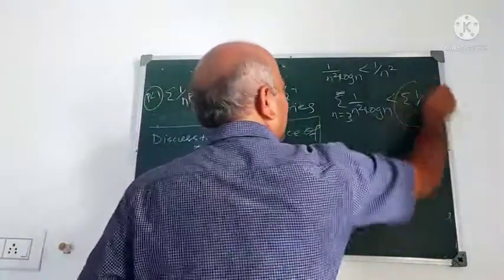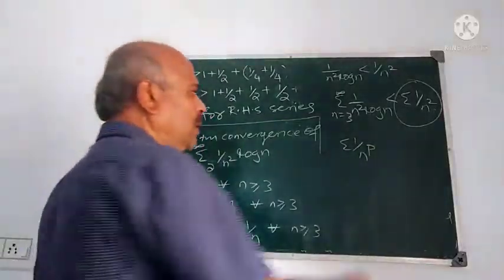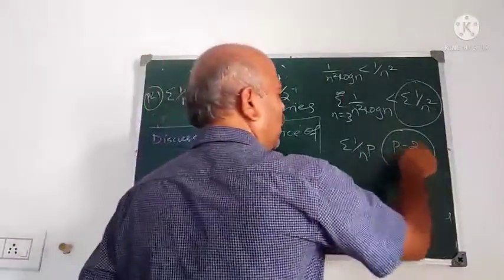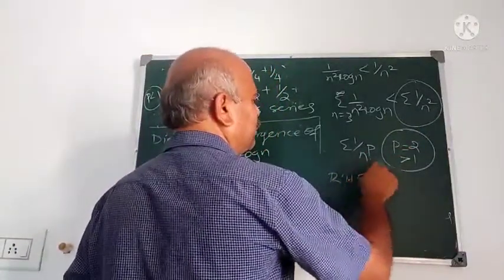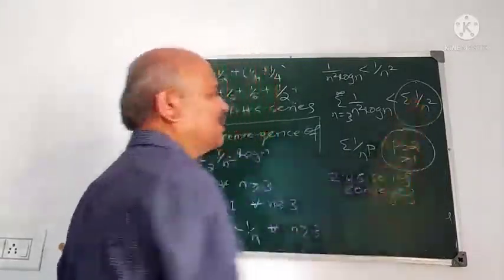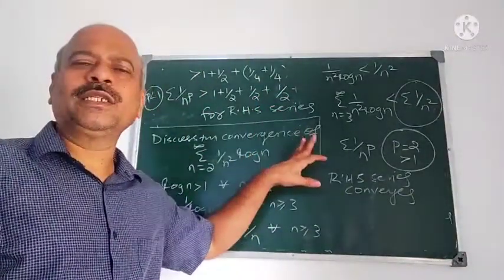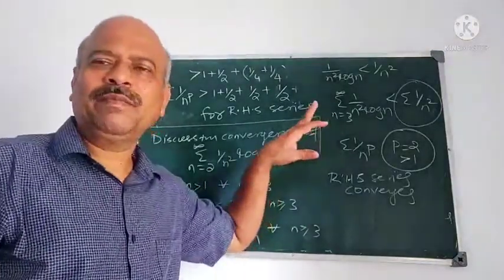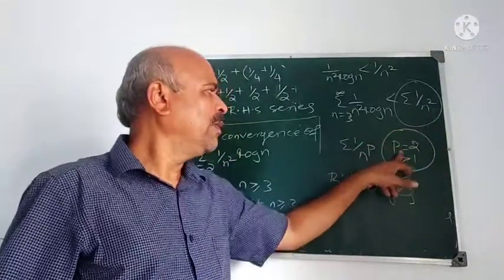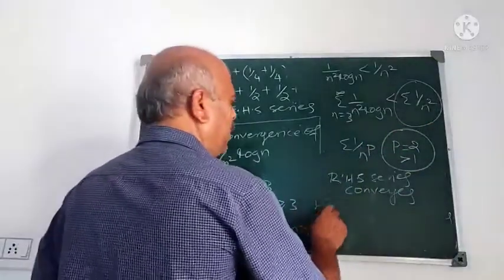Now see the right hand side series. What is this? It is of the form sigma 1 upon n raised to p. Now what is p here? p is 2. That value of p is important. It is greater than 1. Therefore the right hand side series converges. Why does it converge? Because of the previous theorem, the auxiliary series or p series, sigma 1 upon n raised to p, converges if p is greater than 1. Here p is greater than 1, therefore sigma 1 upon n square converges. Therefore, by the comparison test,